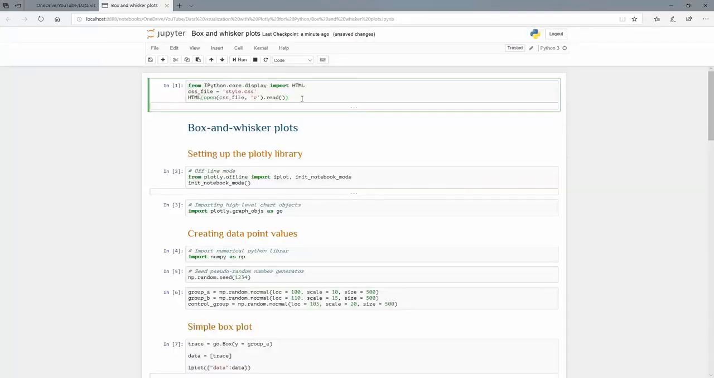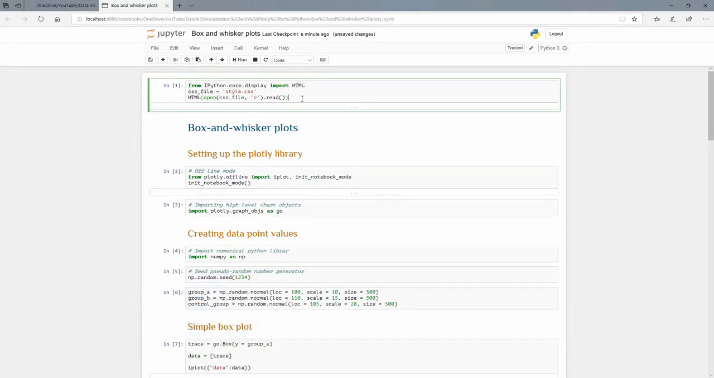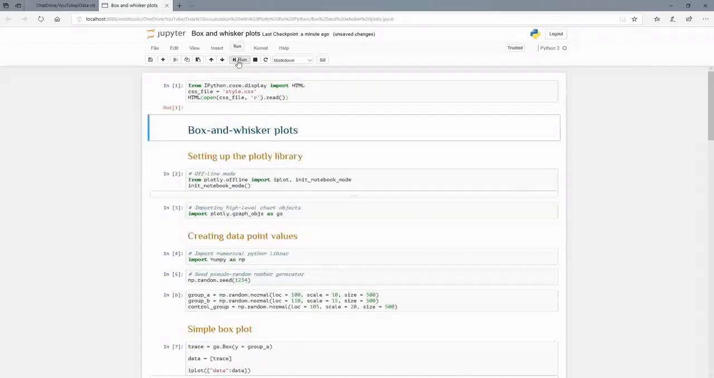So here we are in another tutorial. We're going to talk about the box and whisker plot, and it is a very common type of plot to use and quite informative. Now we're going to import the cascading style sheet, style.css, as we usually do, and let's